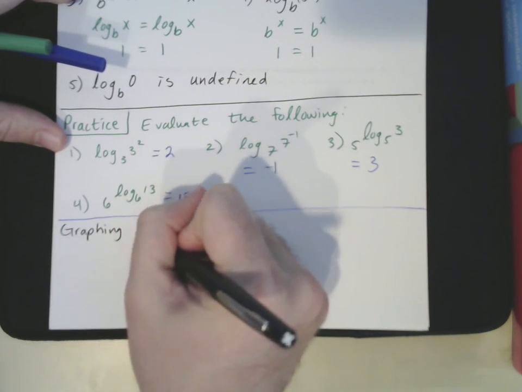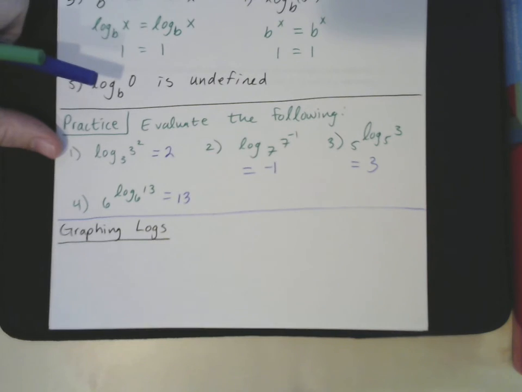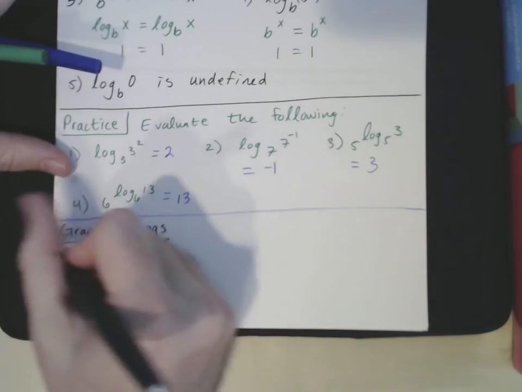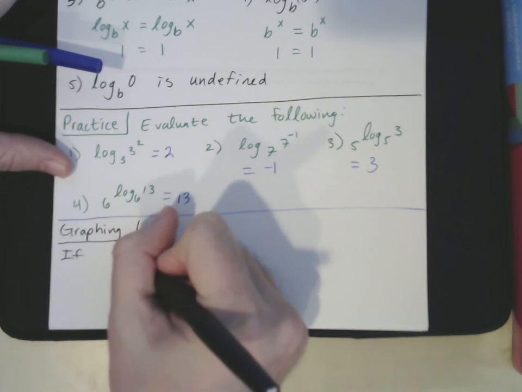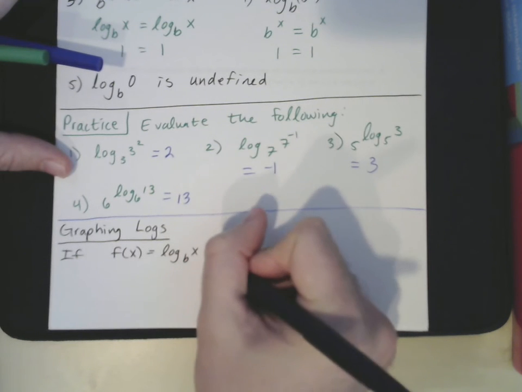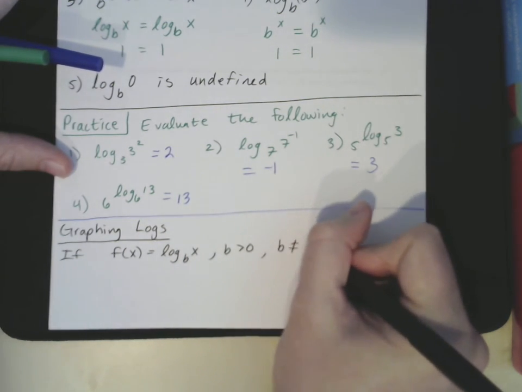So we're going to be doing some graphing of logs. Just like with the exponentials, we have some properties of logarithms, properties of their graph, that allow us to graph it really quickly. So if f of x equals log base b of x, where b is greater than 0 and strictly not equal to 1,